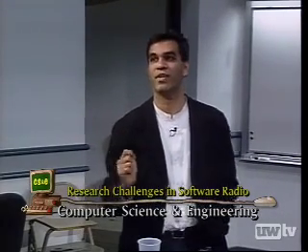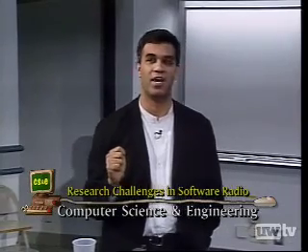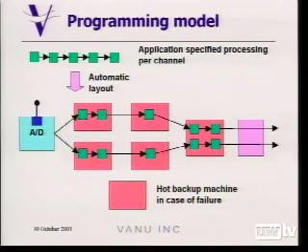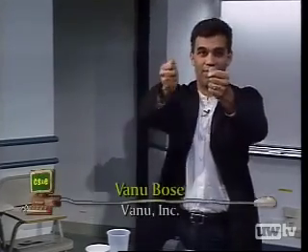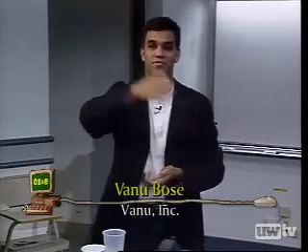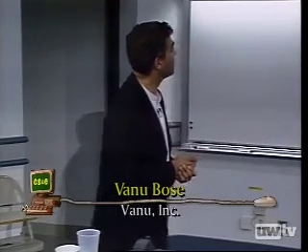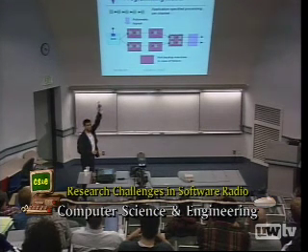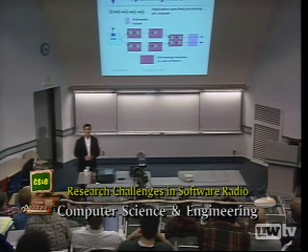A really important aspect about our system and why we can achieve 5 nines in a cost-effective manner is that all the red machines there are those signal processing machines. They're the same basic hardware. Normally when you build a 5 nines system, you have 2 options. You can build each individual piece of hardware to be extremely reliable, or you can have redundancy. You can have a backup for every piece of hardware you have and have some mechanism to fail it over. Well, all those machines are the same. So we can have one machine that could back up any of them. And now that becomes a lot cheaper.